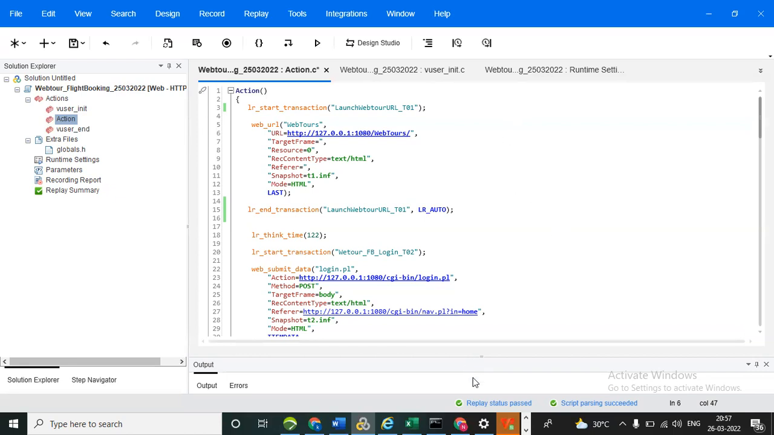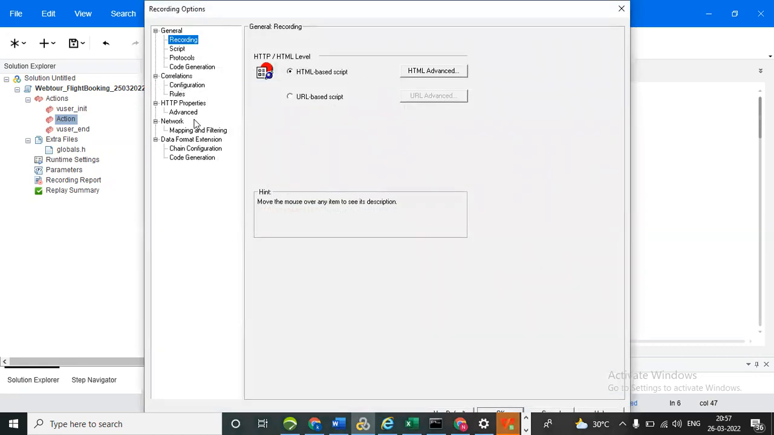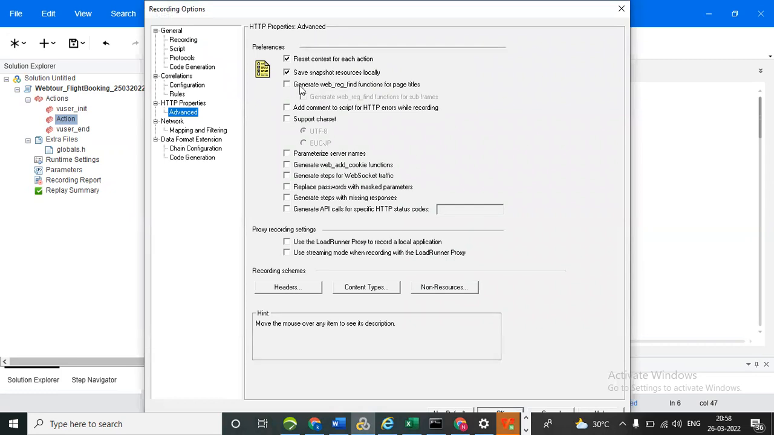How to remove web rig and find that column? After recording, it is showing an error. Yeah, web rig in finder. You can go to the recording options. In that recording option, you can go to the advanced. You need not check this while recording. So each and every one, some prerequisites are